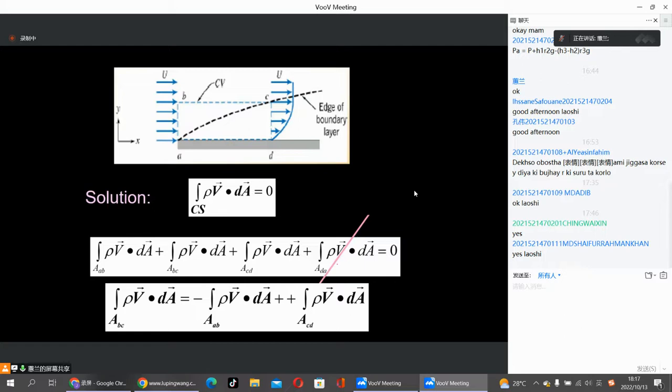We know this one is zero because it's a solid boundary, and this one can be calculated, and this one can be found out by this much. In mathematics, it's easy to define. We don't need to find the velocity distribution, but we can find this sum. Okay. So for AB,